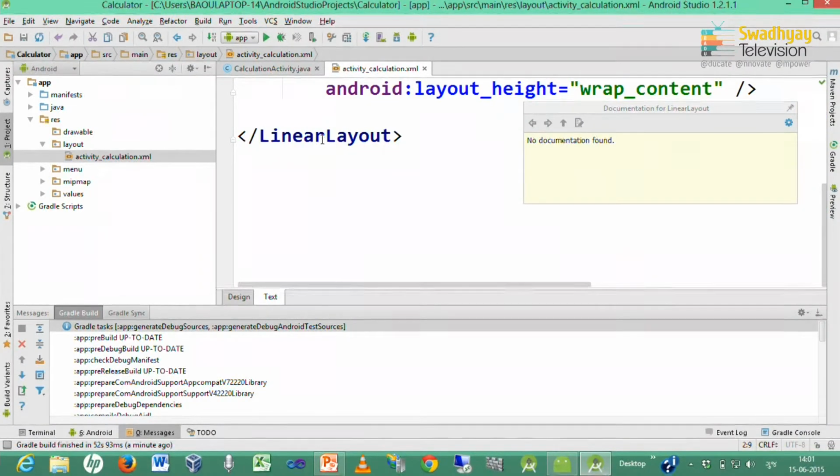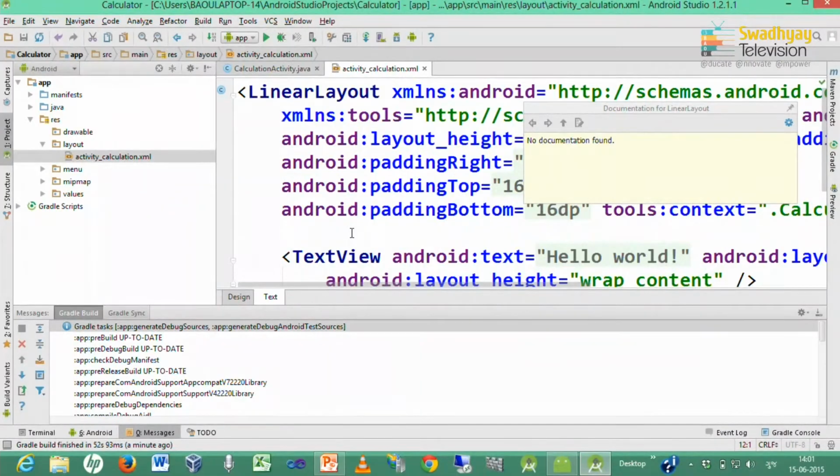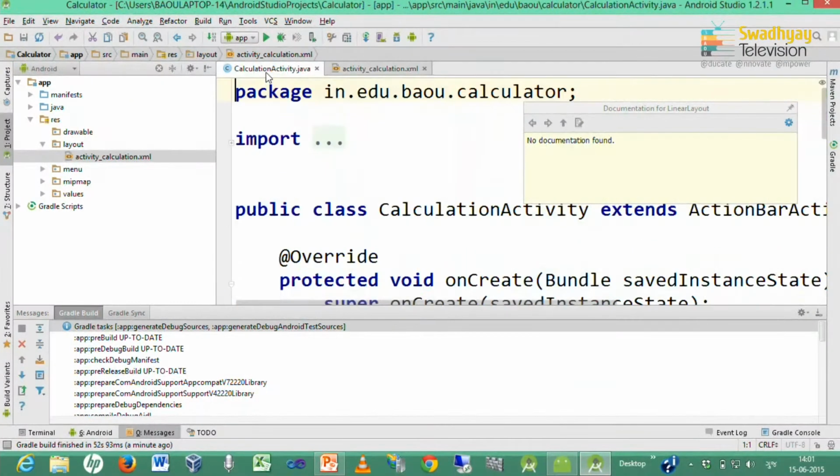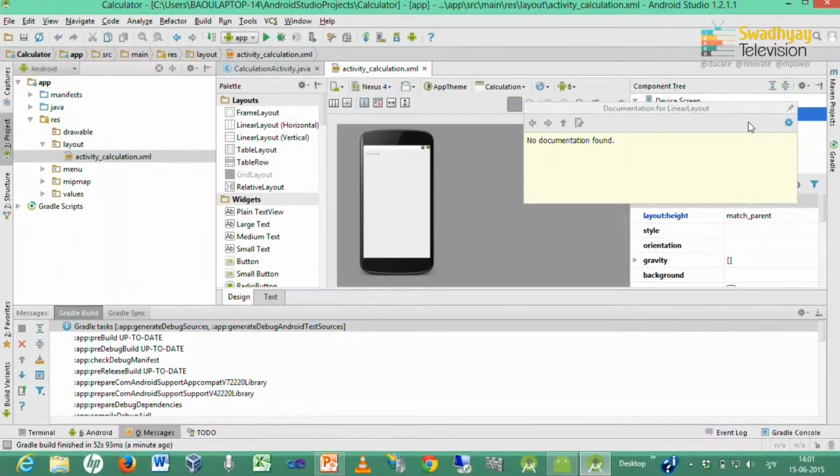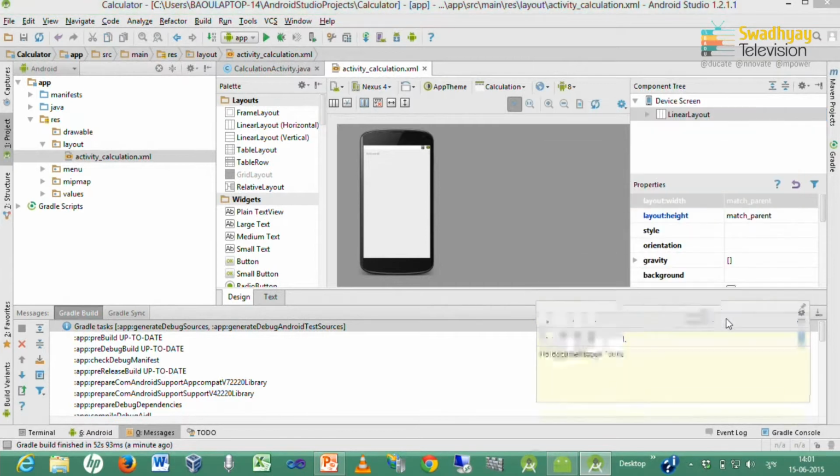So you can see here the ending tag is automatically changed to linear layout. So this is how you can change a layout to linear layout. Now again we go to design mode. Here you can see it is now changed to linear layout, but all components are arranged vertically.